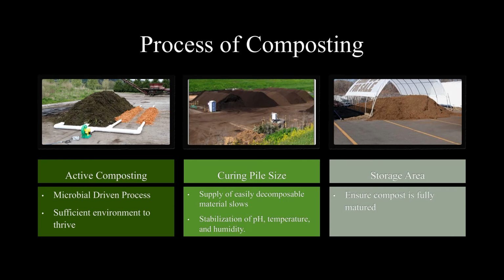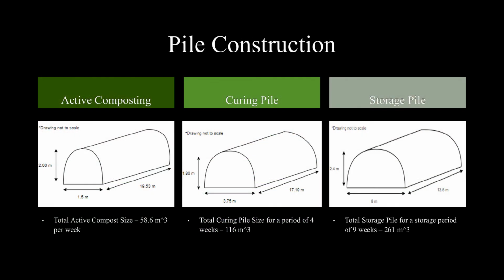Immature compost can stop seeds from germinating and thereby prevent the survival of plants. A single active composting pile is required to manage a volume of 58.6 meters cubed per week that is comprised of a mixture of cannabis waste, cardboard, and sawdust. The dimensions of this active compost pile will be 2 meters in height, 1.5 meters at the base, and 19.53